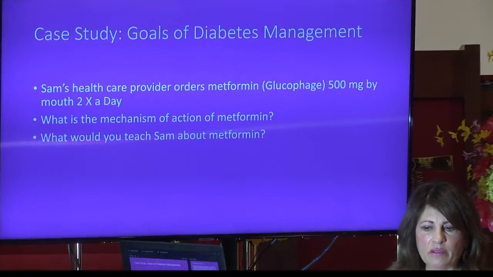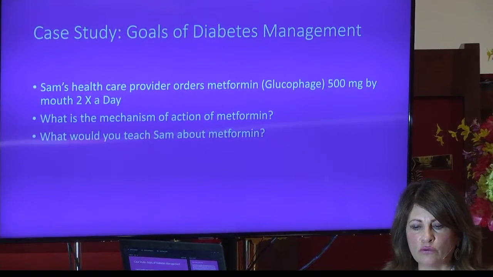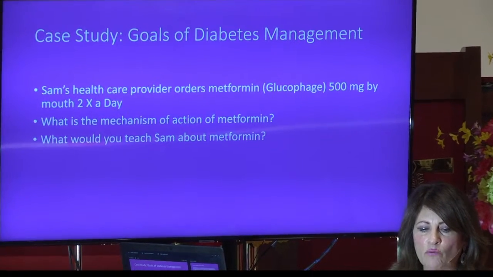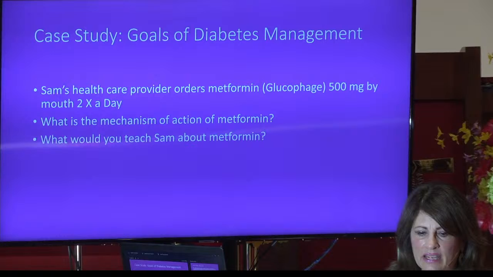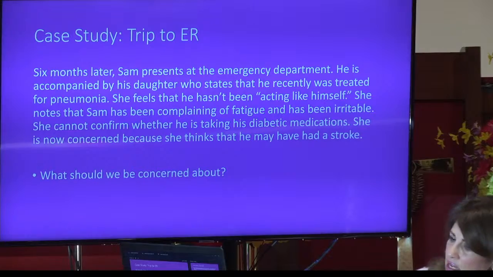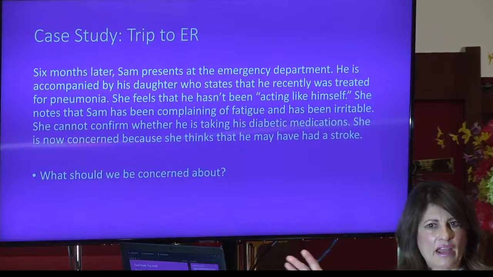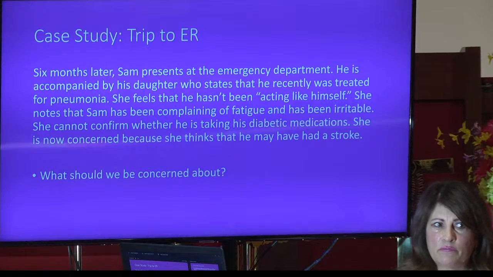And we're going to talk about the mechanism of action and what you would teach, what I'm going to teach him. So he's going to go on, he's a first line medication for diabetes type 2. He's going to take it twice a day. Okay? We're going to jump ahead 6 months because patients are at risk, or people are at risk,